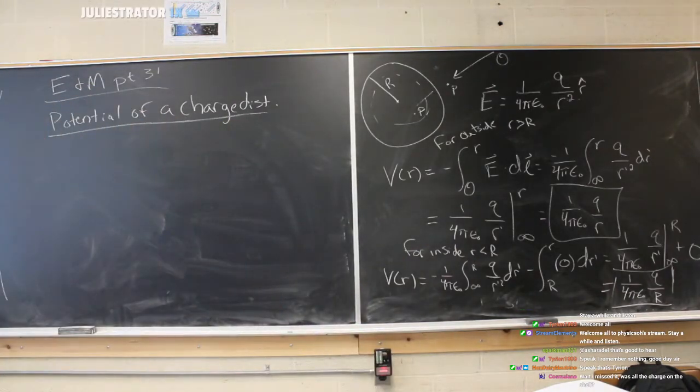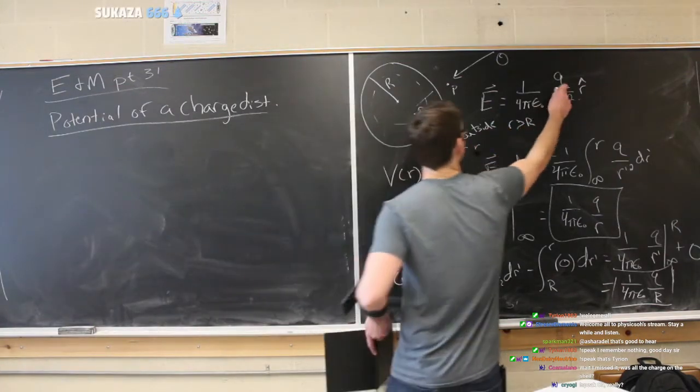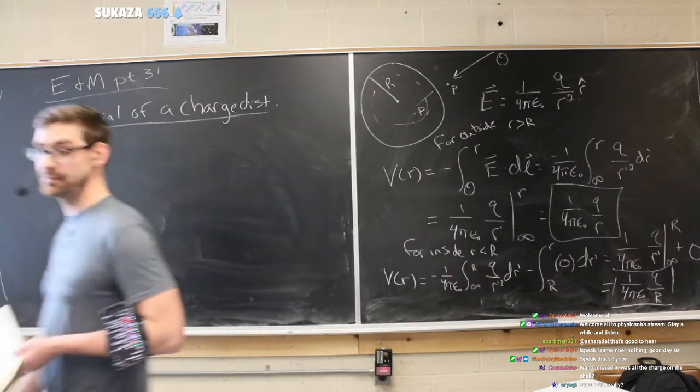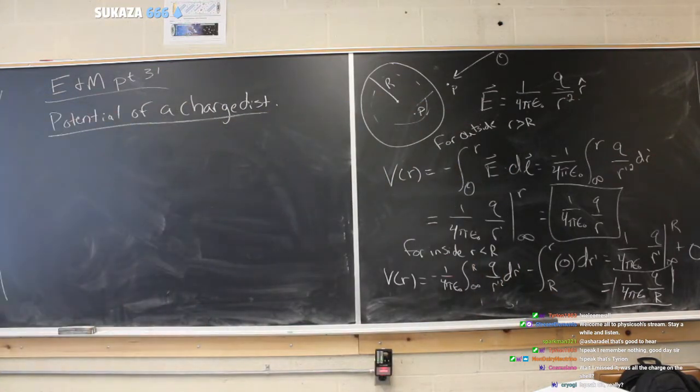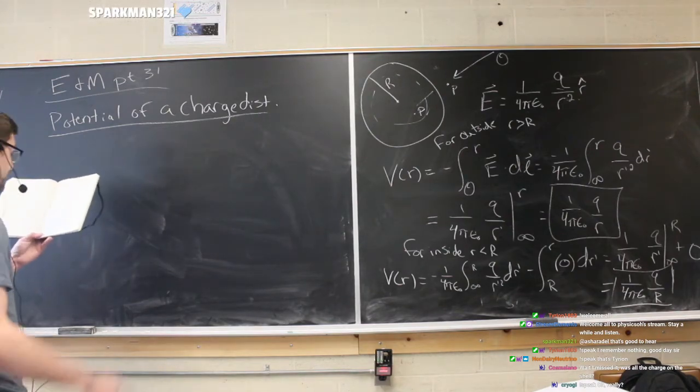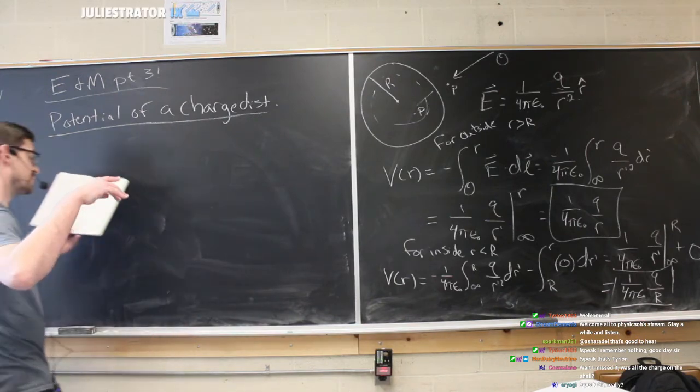We can do that with electric fields. Just Q. It's just Q. That was just the potential on the shell. Total charge on the shell was Q. So that's how we start with the electric field, and then we moved into the potential.